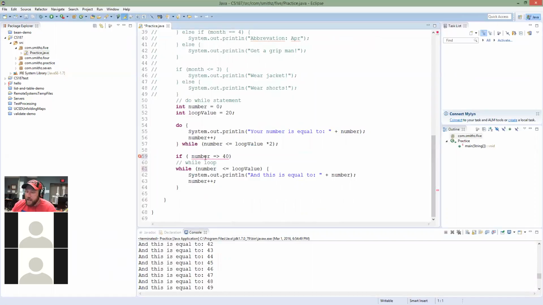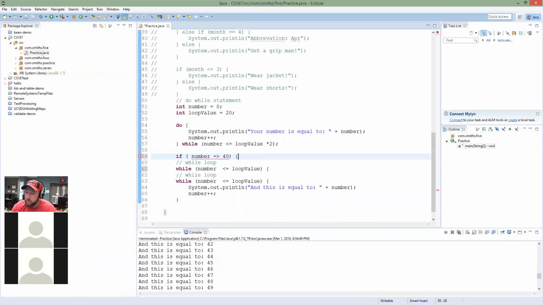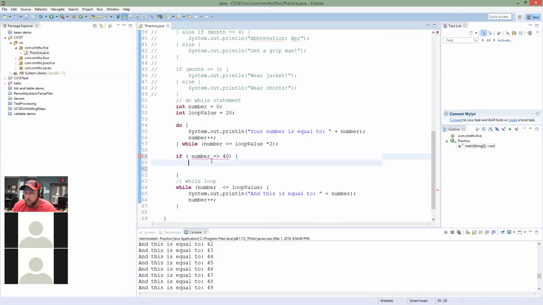So here we can say if number is equal to or greater than 40, then number is equal to,